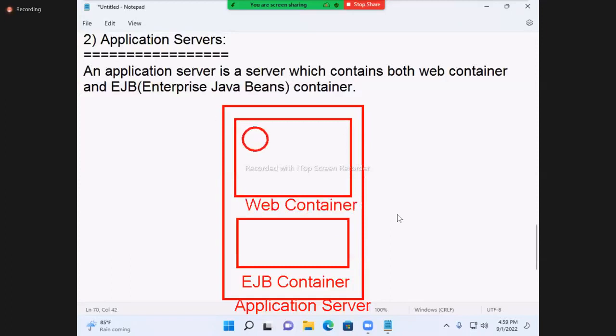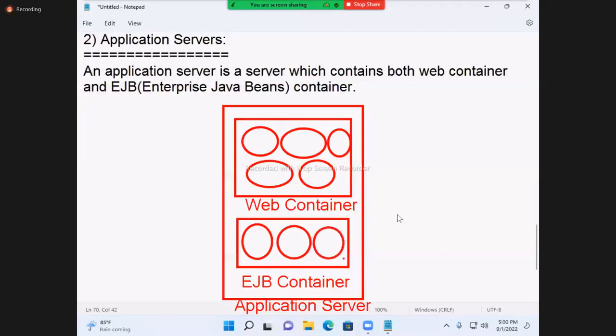Here web components, here EJB components. Servlet, JSP, here EJBs.